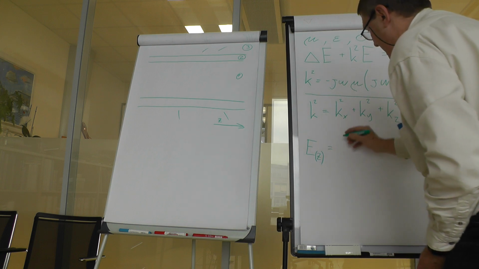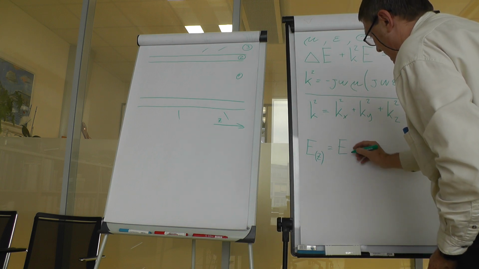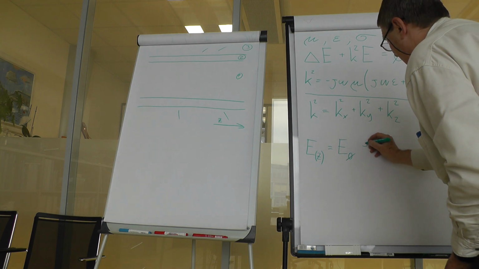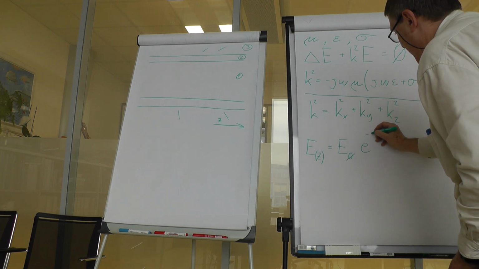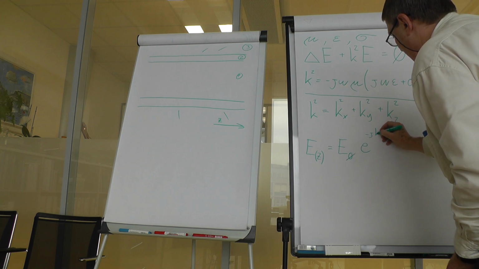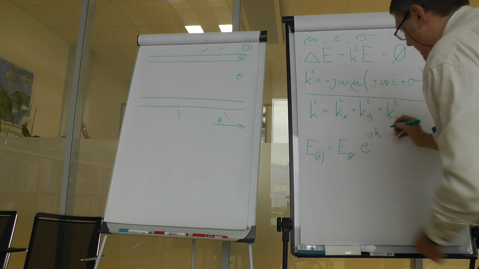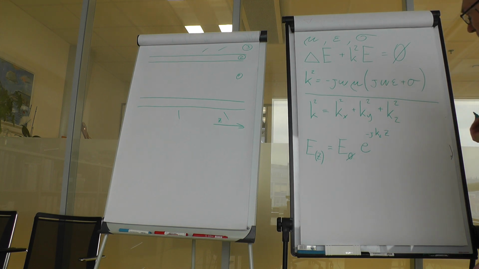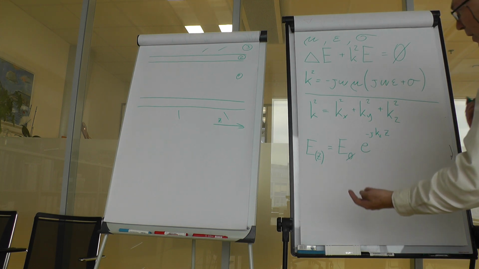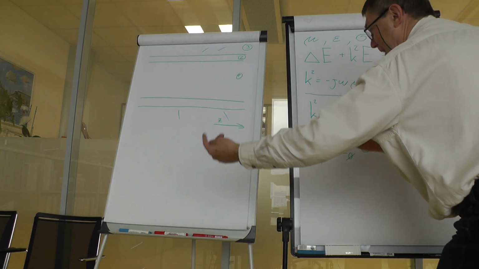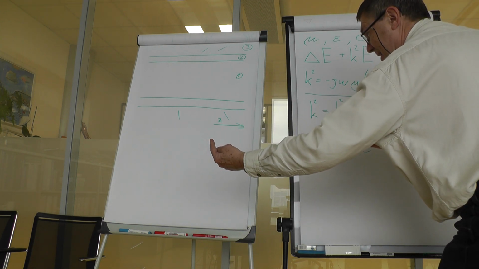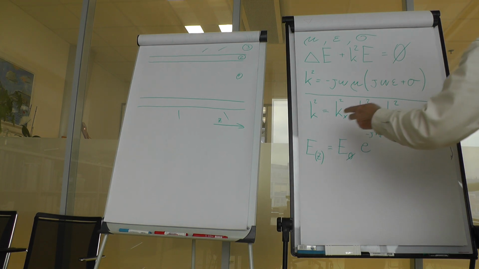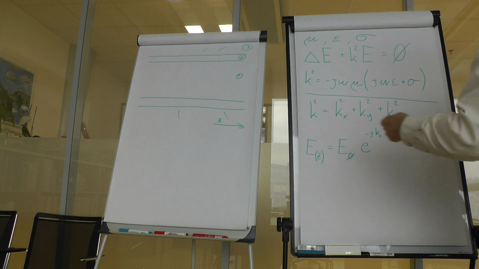That would be some E at the origin, I would mark it E0, times e raised to minus j k, that's the k in the z direction, times the coordinate z. This would be a wave propagating from minus infinity in z to plus infinity in z. But in this manner we can